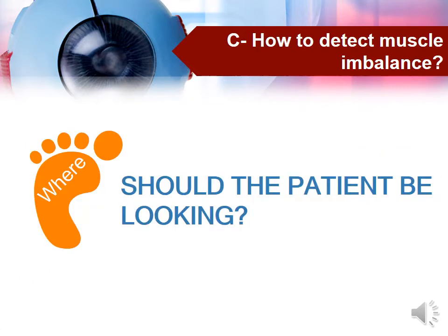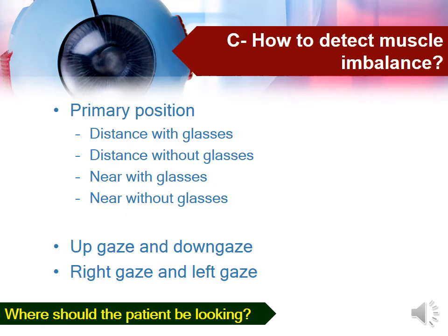A common question is how many times do you need to do the cover-uncover test and the alternating cover test, and where should the patient be looking each time? Both tests should be done first in the primary position, with the patient looking at a distance target, one time with the glasses on and another time without the glasses. It then should be repeated for a near accommodative target, one time with the glasses on and another time without